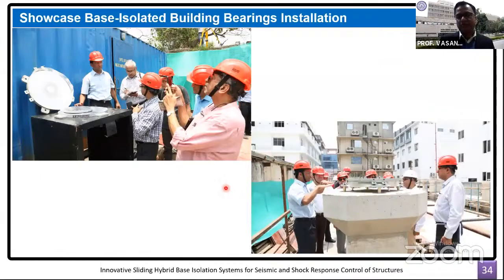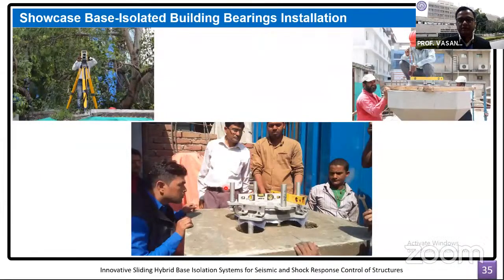Now, the alignment of this isolation system is a key here. So in order to ensure that these isolation systems are perfectly aligned and their layout is as per the design, the total station has been used, and using the precise laser technique, it was ensured that their alignments are perfect. So not only their placement and alignment, during the construction itself, there should not be any damage that would occur or misalignment that would happen in the isolator. So all care was taken.